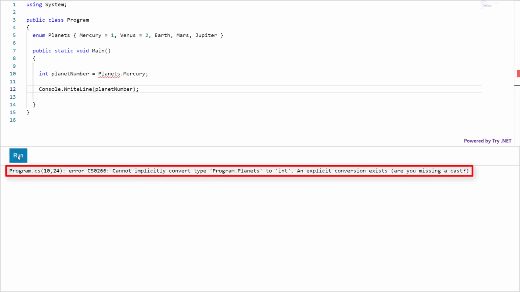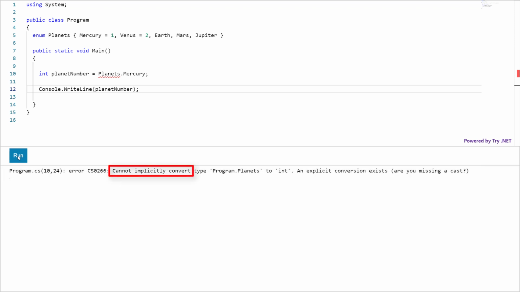Look at this error. The C# compiler complains. Cannot implicitly convert. You need explicit conversion. Meaning the C# compiler cannot automatically convert whatever value comes from this side into integer. Because on the receiving end, I have an integer variable to store the integer value of Mercury.